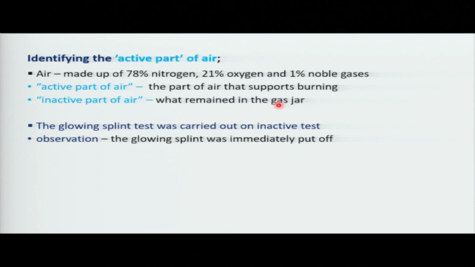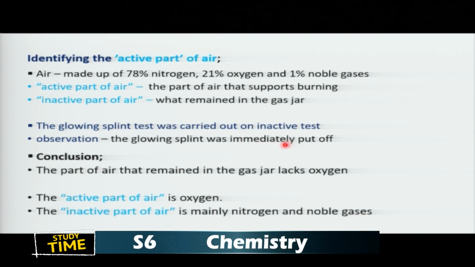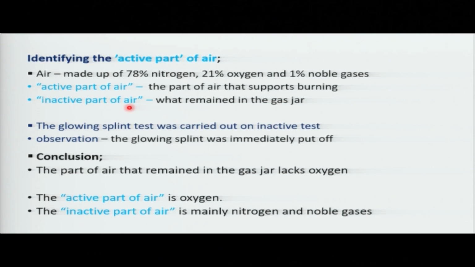So we can test for the presence of oxygen in the part that does not support burning, and we test that using a glowing splint. When you use a glowing splint on the inactive part of air, the glowing splint is immediately put off, meaning we do not have oxygen in the inactive part of air. So we conclude that the active part of air that supports burning is oxygen and the inactive part is nitrogen and other components,